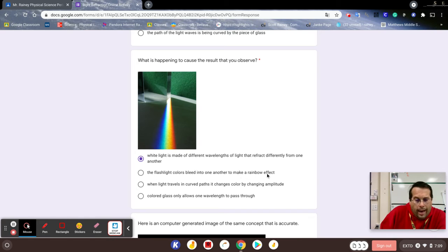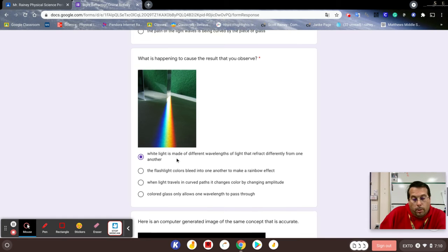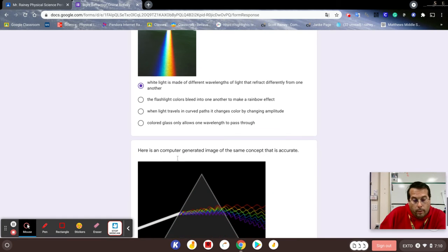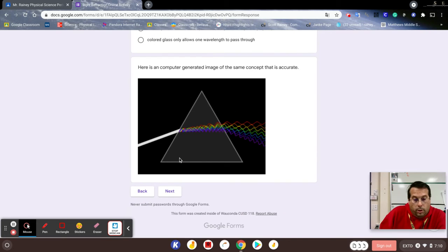Okay, the flashlight color bleeds. That can happen in some materials, but that's not what's happening in a prism. Light is not traveling in a curved path, and it's not colored glass, it's clear glass. So what we're seeing is white light being broken up into its component colors. And this is exactly what this shows. So as white light comes in, it gets broken up into different colors because it's different frequencies and different